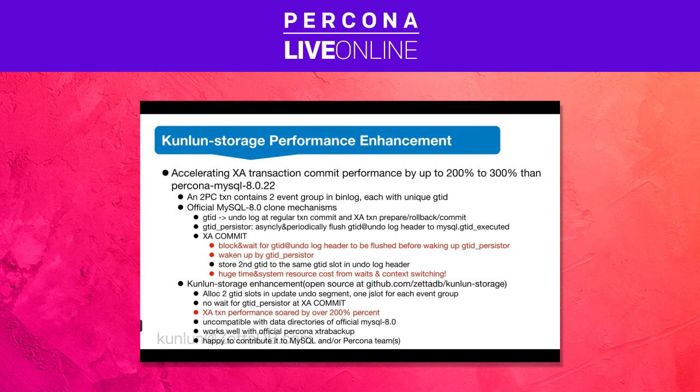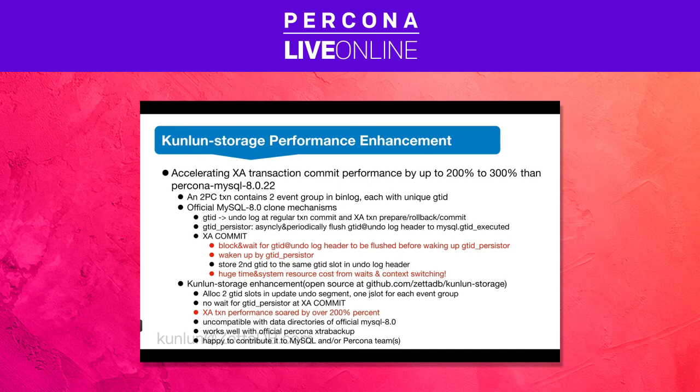First, some background info. In MySQL, a two-phase commit transaction contains two independent event groups in the binlog. Each event group has a unique GTID. The official MySQL 8.0 clone mechanism requires storing the GTID at each transaction's update undo segment header, at regular transaction commit, and at XA transaction prepare, rollback, and commit, so that a background thread called the GTID persister will asynchronously and periodically flush the GTID of each transaction's update undo log header to